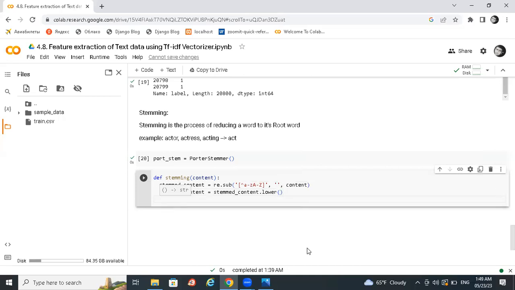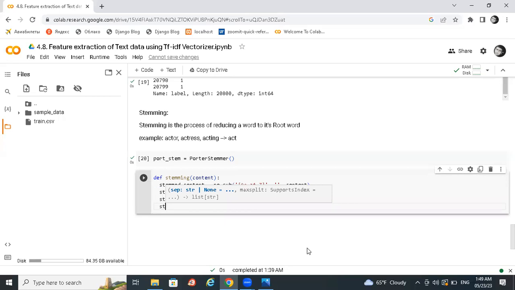So, stemmed content variable is equal to stemmed content dot split. It will be split and it will be converted to a list. And now, stemmed content variable is equal to